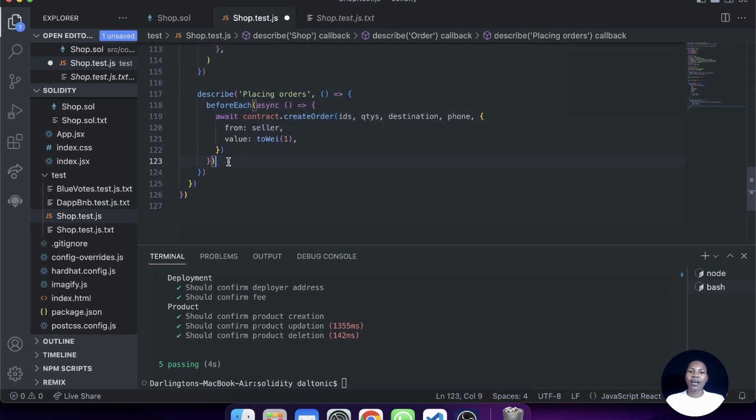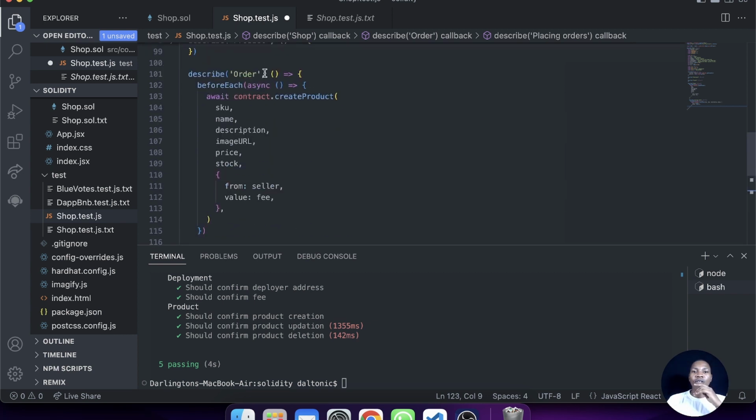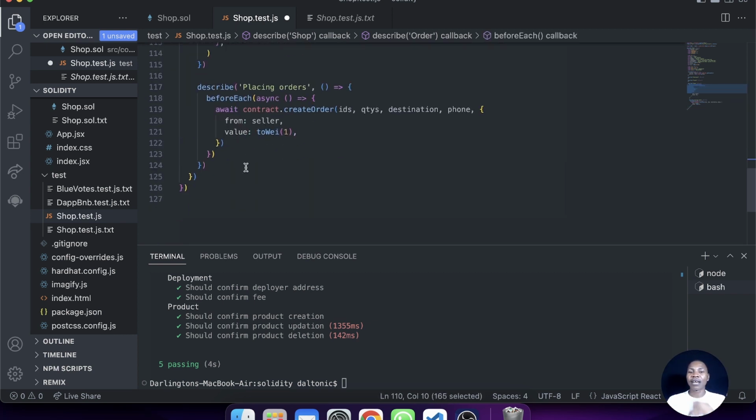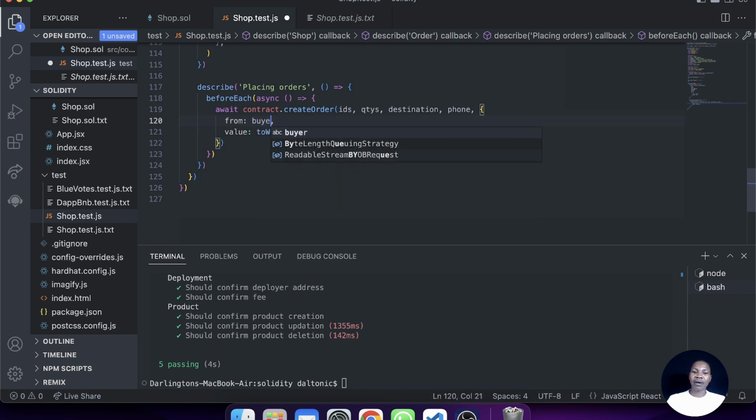So now, before the creation of an order, a product is created, and before the placement of an order, an order is created, and who is creating the order is actually the buyer, not the seller. Okay, so the buyer is the one actually creating or buying these items. Once that is done, the next thing